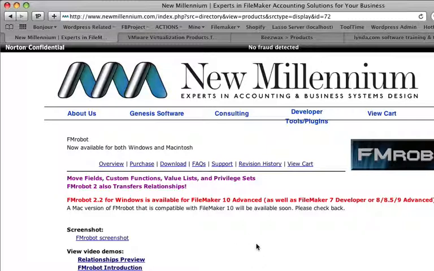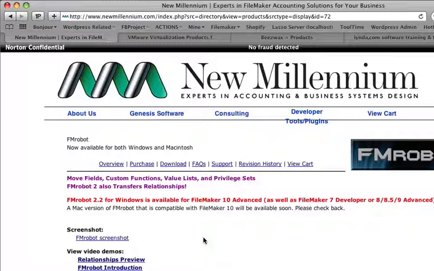VMware, if you pick this up, it's available both for Windows and Macintosh. I would get the Windows version, at least right now. The Windows version is more robust, it has better features, and will do more than the Macintosh version. New Millennium is talking about releasing a Mac version that will be equivalent, but for now I'm talking about the